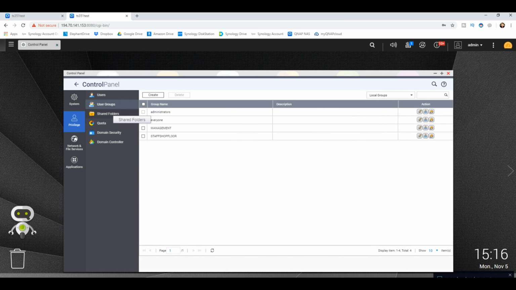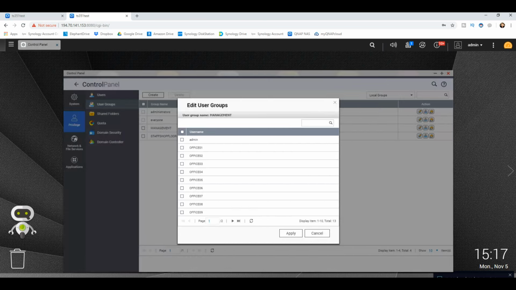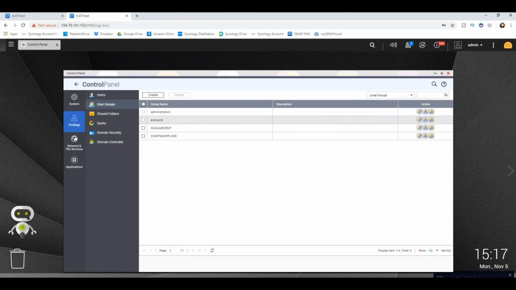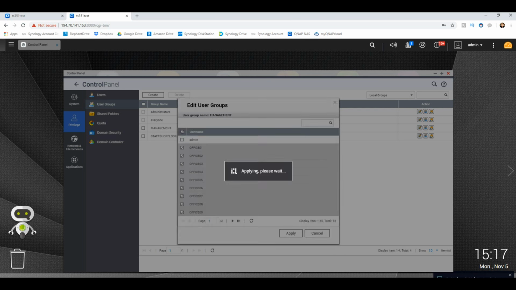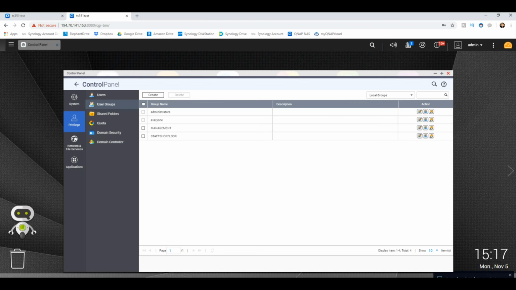Finally, let's go back to those user groups and those shared folders, because what we're going to do is those office users we created, we're now going to do it slightly the other way around in case we wanted to give those office staff access to the management tools. So for now, what we want to do is go into management, click edit, and now we're going to add those users to this group, because right now they've all got access to that group and we can edit their shared permissions. So again, there they all are. We can chuck them all in, apply all of those,